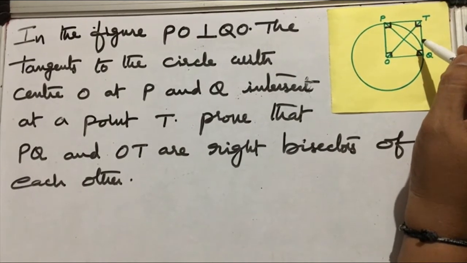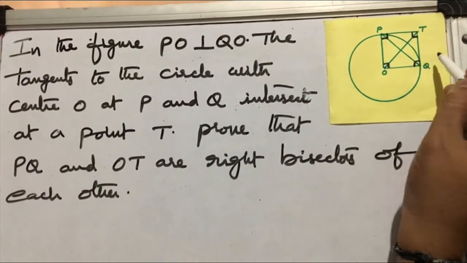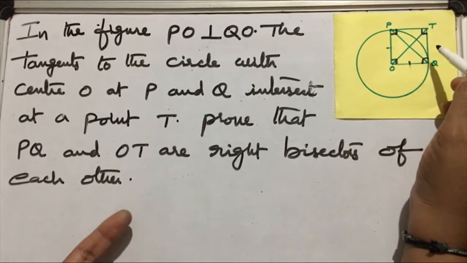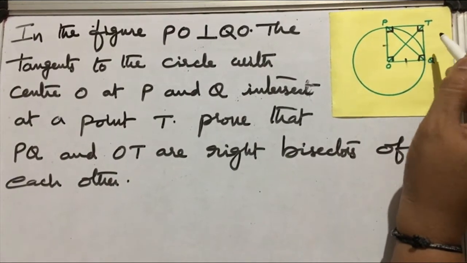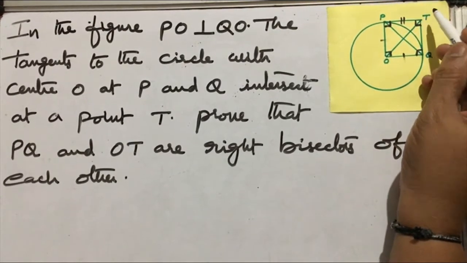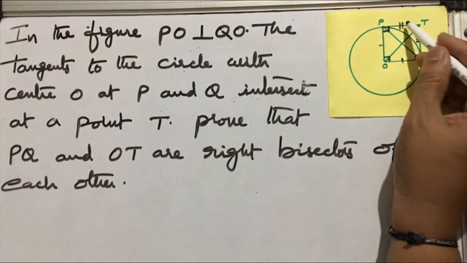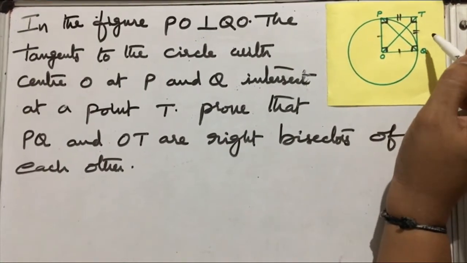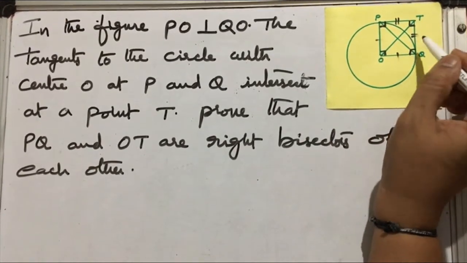First of all, let us consider it is a rectangle. Then look here in this figure, OP is equal to OQ, as they are the radii. Adjacent sides are equal in a rectangle. If adjacent sides are equal in a rectangle, it becomes a square. Here also the other pair of adjacent sides is equal, because T is the external point, so TP is equal to TQ. So clearly this OQTP is a square. We know very well that in a square the diagonals are right bisectors of each other.